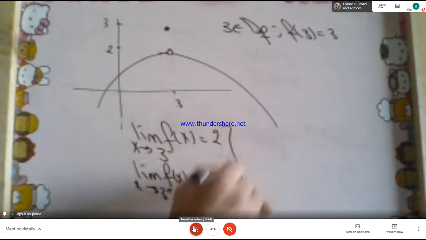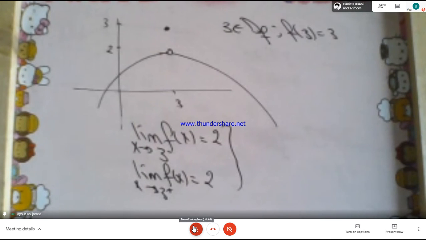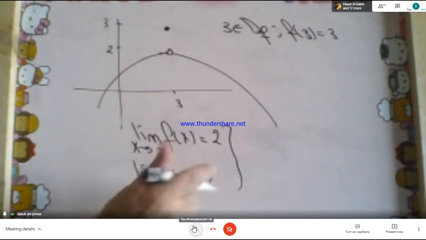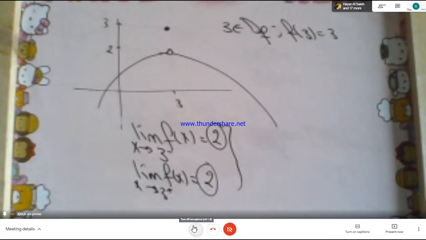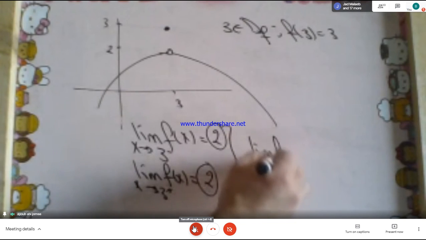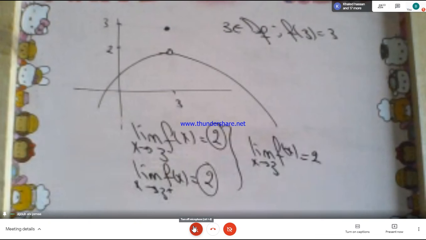Does the limit exist? Yes. But limit from the left is 2. The limit from the right is also 2. Okay. بس The limit يكون equal. The limit exists. The limit of f of x as x approaches 3 is equal to 2. So here,